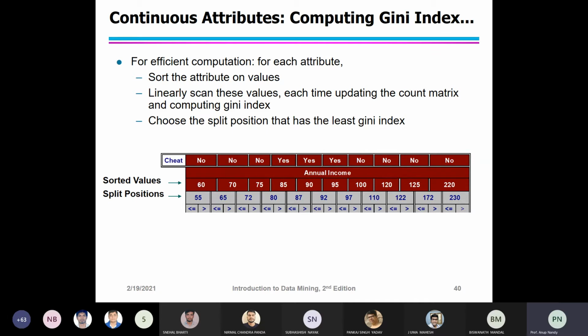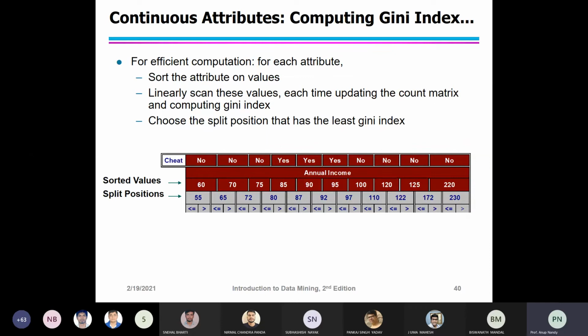Now you have to choose the split position. How do you choose V? The candidate split positions are identified by taking the midpoints between two adjacent sorted values: 55, 65, 70, 72. You choose the midpoint between two adjacent sorted values.